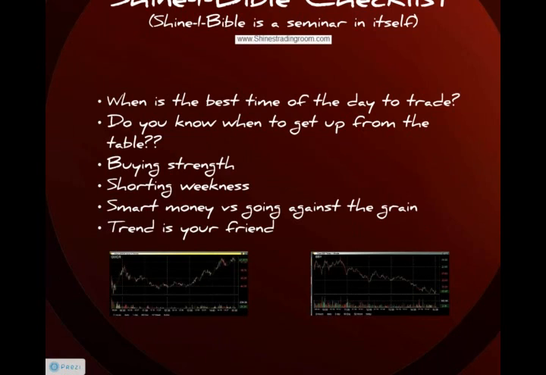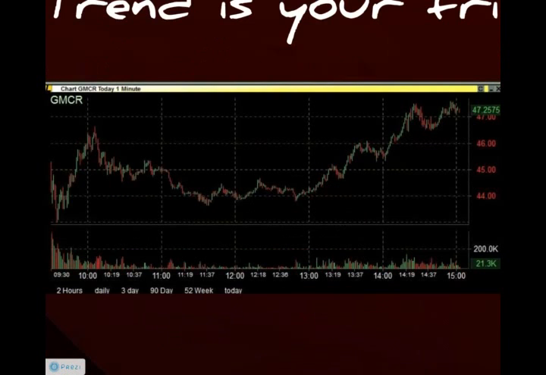It's so much easier, a strong stock that continues to rally throughout the day. If you look down on the bottom of my screen, I've just put this slide together. This slide on GMCR right here, yes, this is today's chart. You have multiple opportunities here. What do you see? I see trends, okay? I see patterns developing. Remember my motto, right? Remember my philosophies. Trading is all about patterns, okay? It's all about mathematics and patterns.